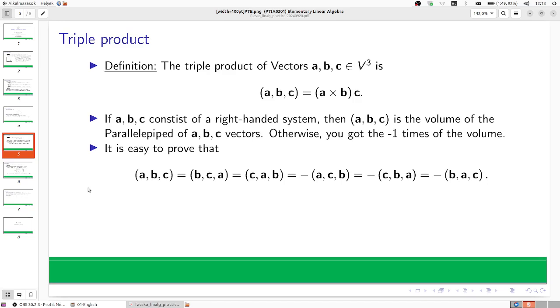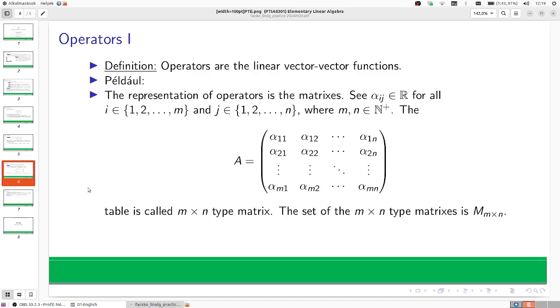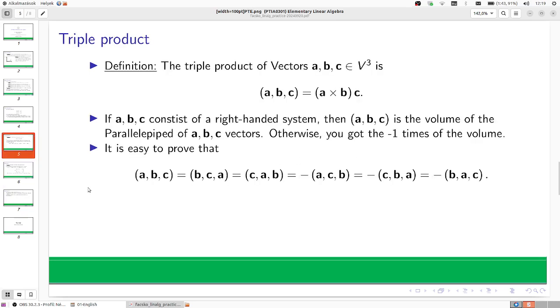We have three vectors. Do the vectorial multiplication, the cross product, and then we do the scalar product, and that's the mixed product. We will use it. It's very useful. And my experience is that we will not reach the matrices today because I had the same class last afternoon with the